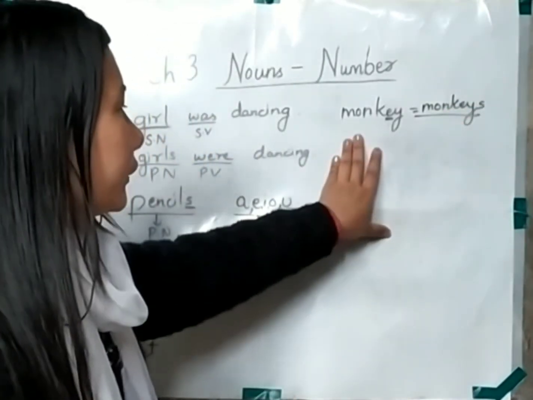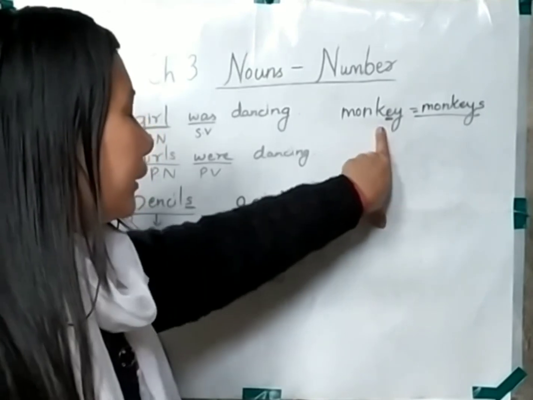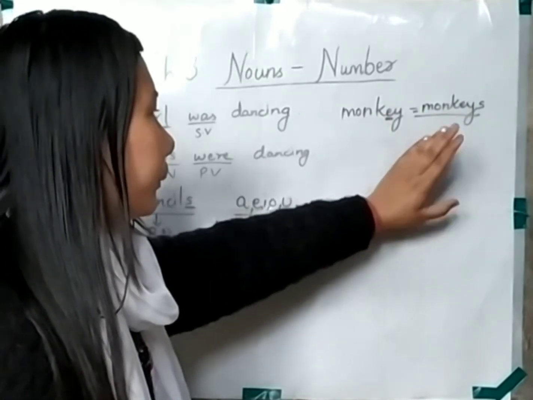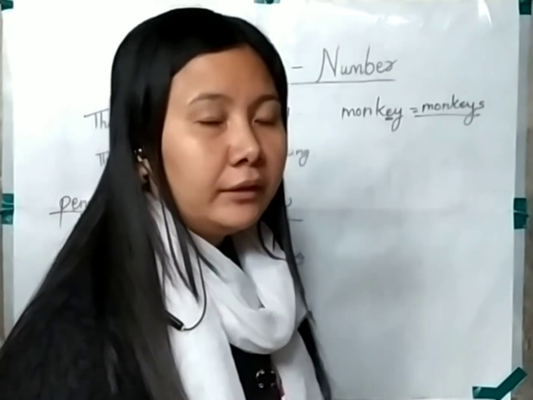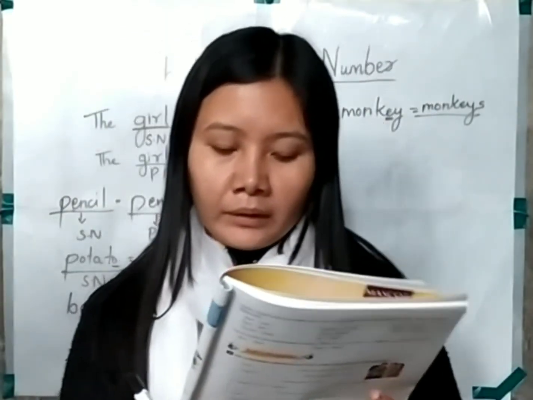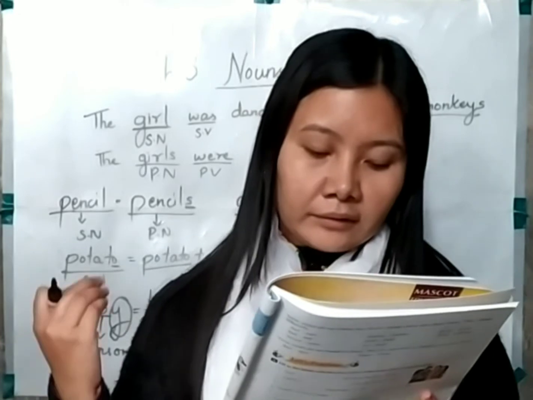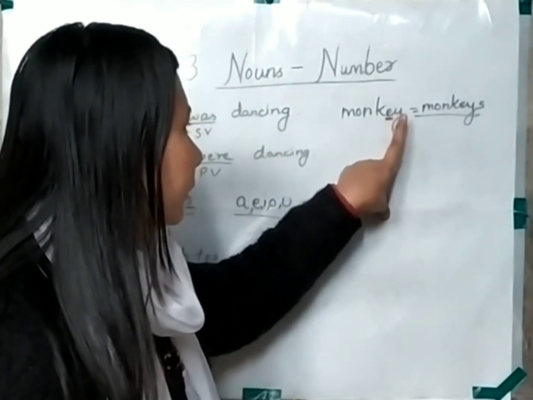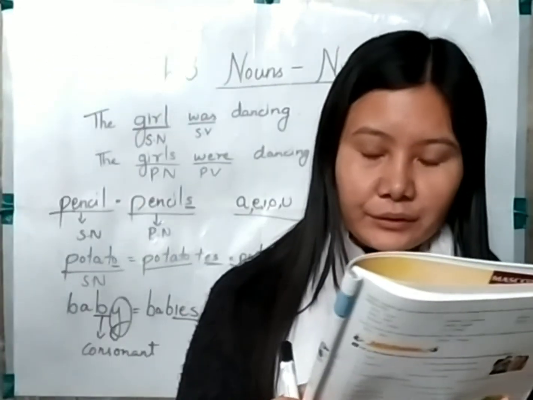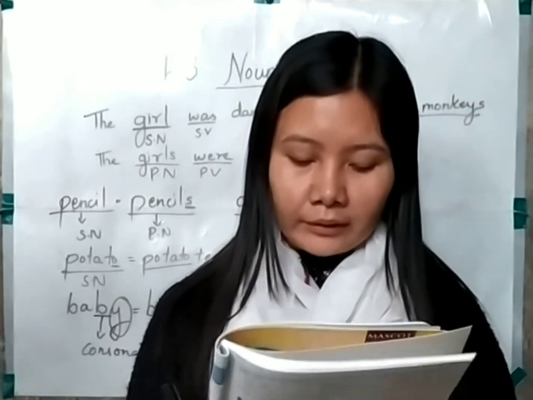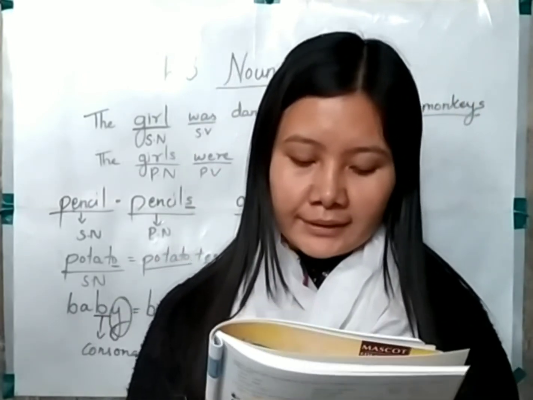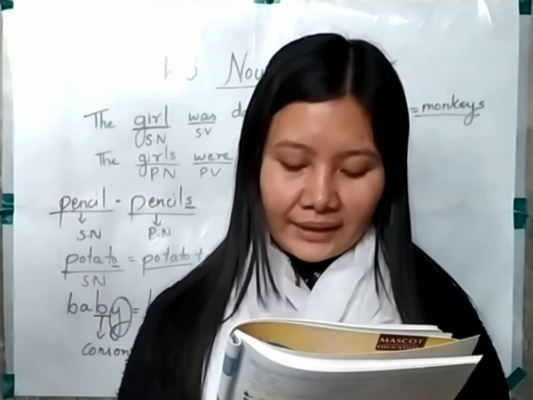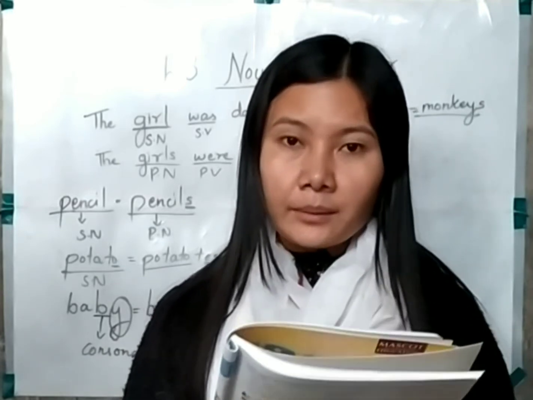How did we form the plural? If there is a vowel plus y at the end, then we form its plural by simply adding s at the end of the word. So some nouns that end in vowel plus y, like we saw over here, we add s to make their plural. Some more examples are visible in your book itself. You can see monkey, monkeys, key, keys, boy, boys, ray, rays, toy, toys, bay, bays.